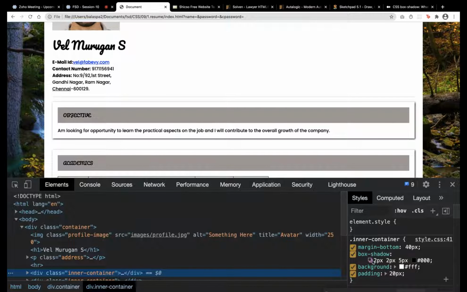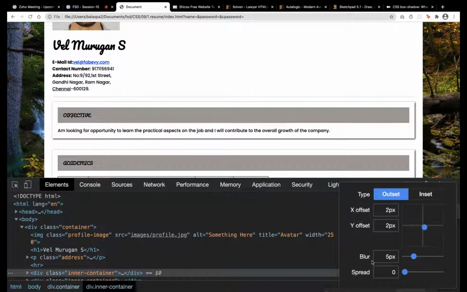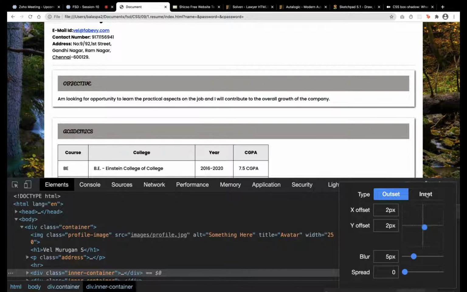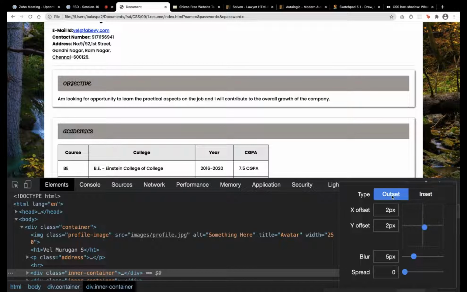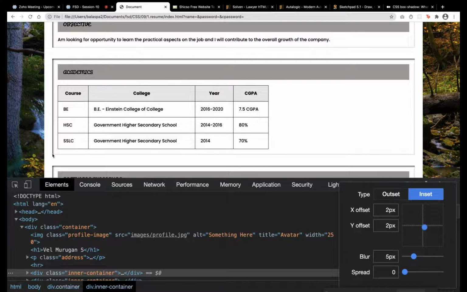See, box shadow, 2 pixel. So if you click on it, you'll get this box. So inset and outset. By default outset will be there, so we don't need to add outset. If we want inset, we need to add it. What is inset? It will apply the shadow to the inside of the element. See, it is like it is carved out somewhere. This provides a feel of it being carved out. To make these kinds of effects, we can add inset.